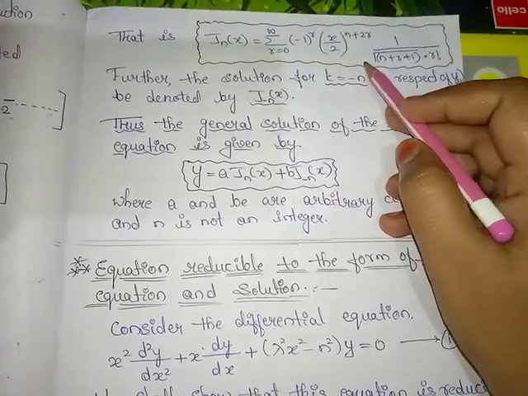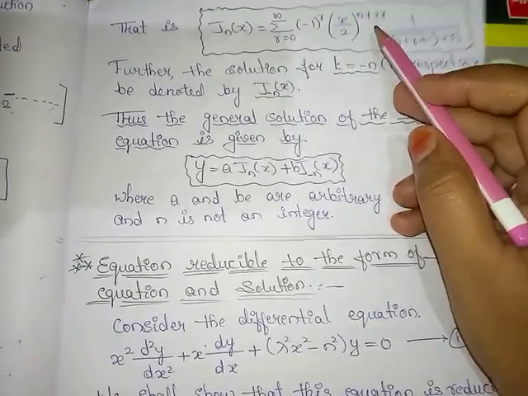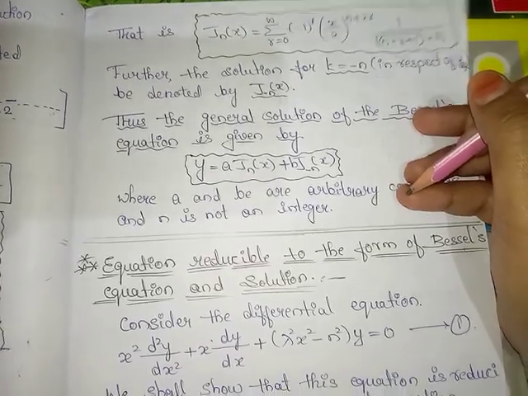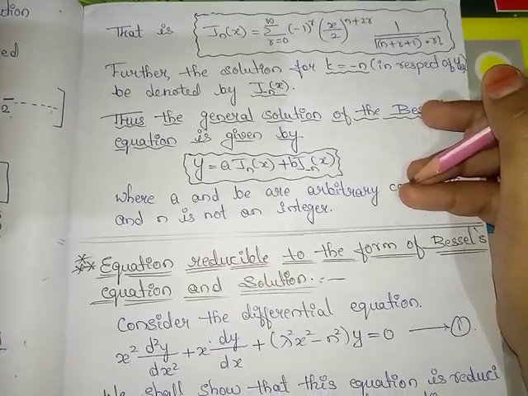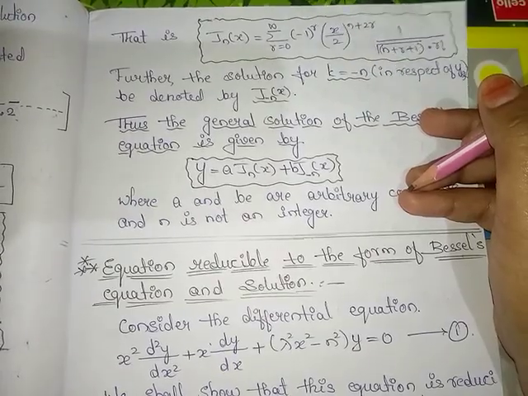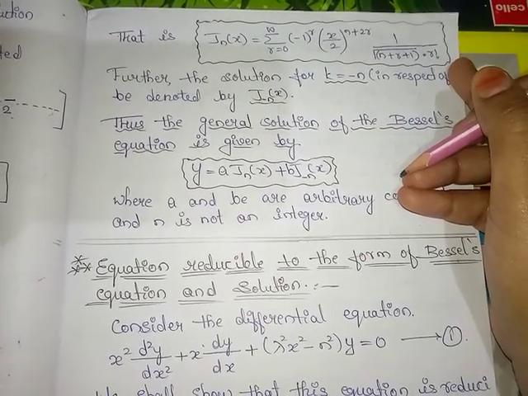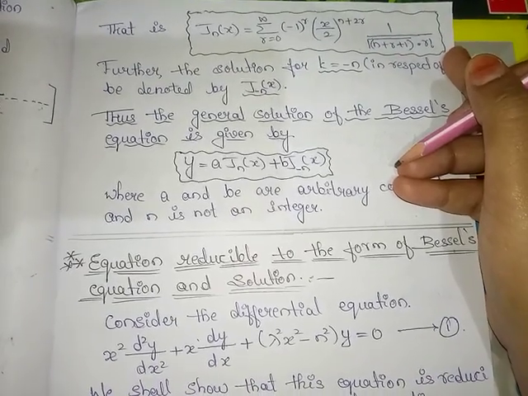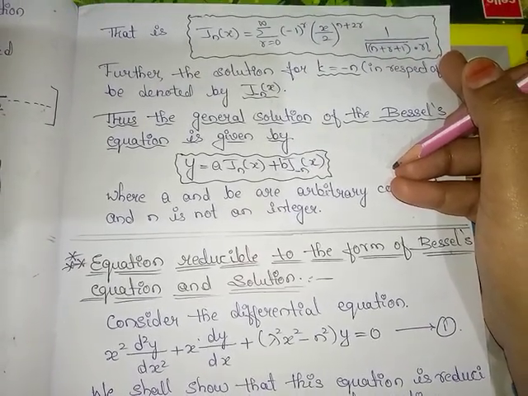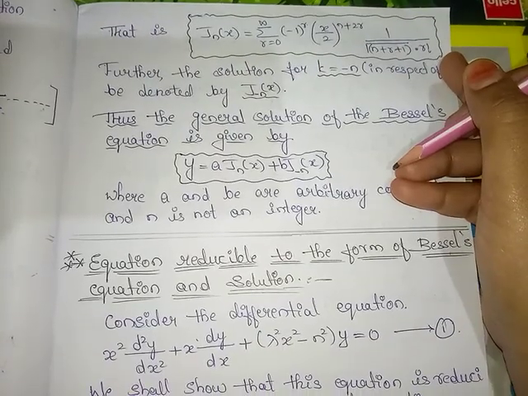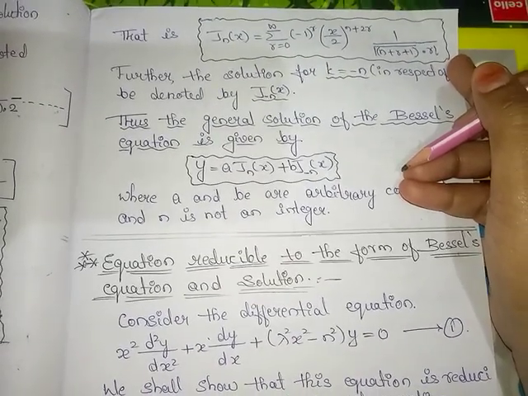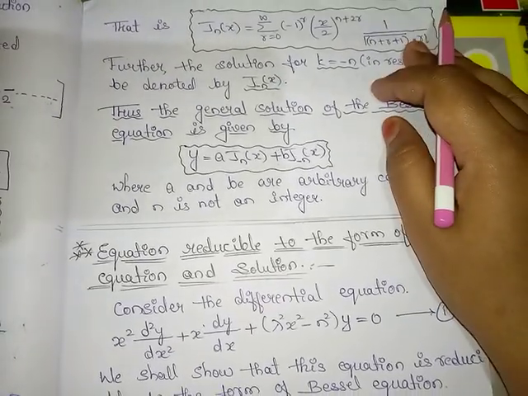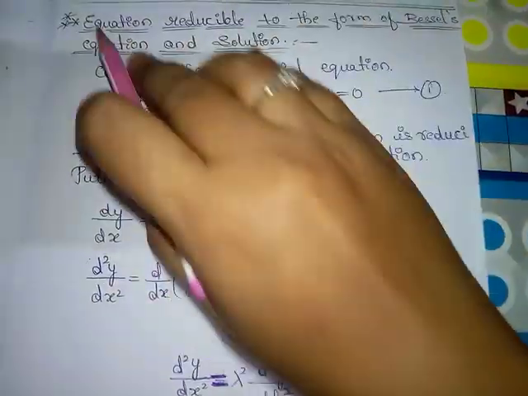Okay, this is our Bessel function. Remember, while we are solving the examples or while we are taking the properties, you must know some gamma function values. You must know the value of gamma of 1 by 2, gamma of 3 by 2, gamma of 5 by 2 or 5 by 3, like this. Please go through those values and write them down on one side, which are helpful to solve the examples on Bessel differential equation.